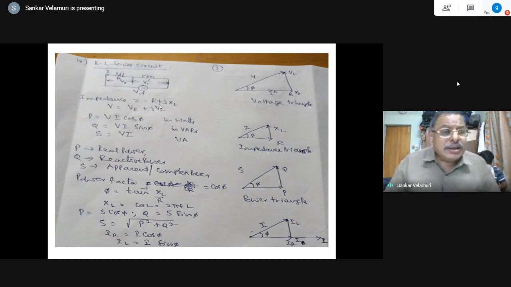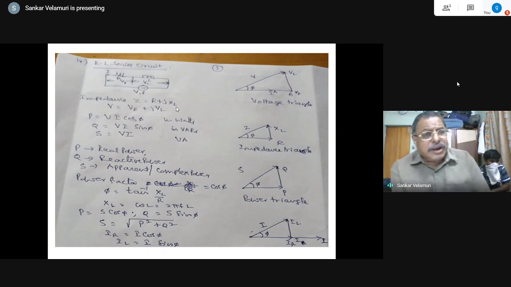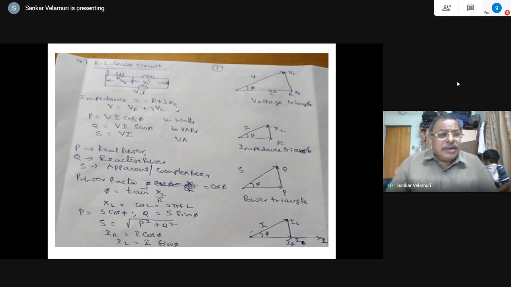J is a phasor of magnitude 1 at an angle of 90 degrees in the counterclockwise direction, and j square is 1 angle 180, equal to -1, the same as j equal to square root of -1, which is a complex quantity. So we represent the square root of -1 as a phasor with the j operator. Similarly, in three-phase circuits you will get a, the operator, which is well known. I am going directly because this is just a recapitulation, revising the course content for solving the problems.